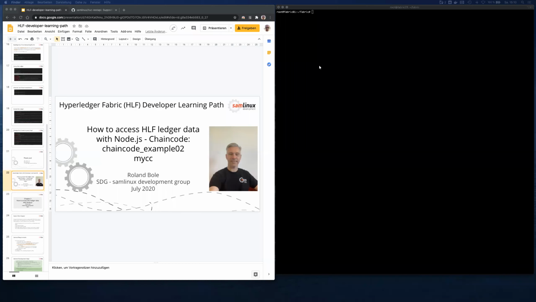In this topic, I would like to show you how you can access Hyperledger Fabric data with the Node.js SDK. Last week we saw how to install Hyperledger Fabric, and we started to play a little bit with the pre-installed chain code example 02. Today I would like to use the same network and the same chain code and build a Node.js application